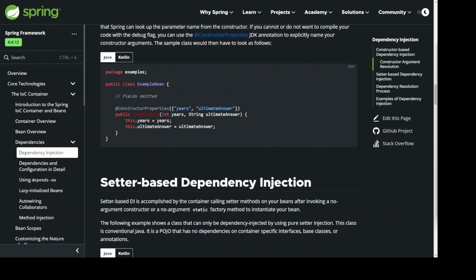package examples; public class ExampleBean { // Fields omitted @ConstructorProperties({"years", "ultimateAnswer"}) public ExampleBean(int years, String ultimateAnswer) { this.years = years; this.ultimateAnswer = ultimateAnswer; }